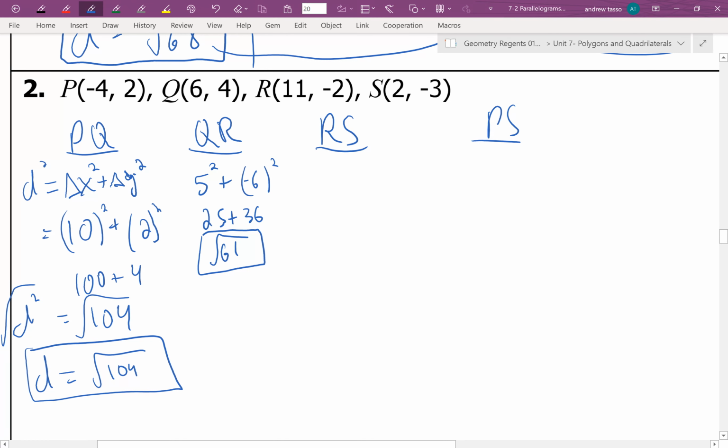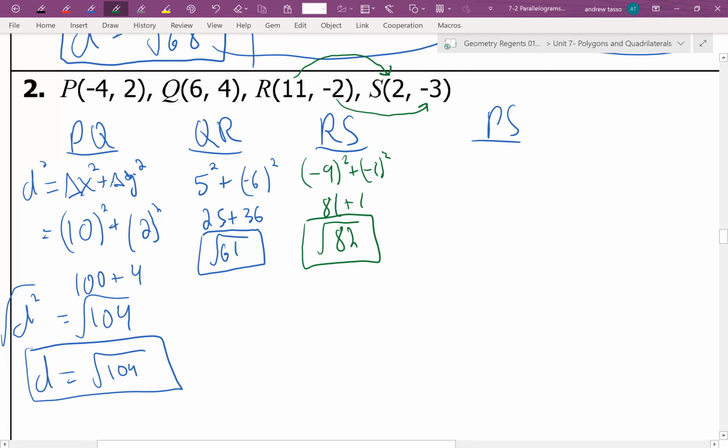Next we'll do RS. So for RS, the change in x value is that it goes down by 9. And the change in the y value is that it goes down by 1. So that's 81 plus 1, which is 82, square root. Okay. And finally we have PS. But we could already notice that since we have 3 different numbers, we could say that this is not a parallelogram,